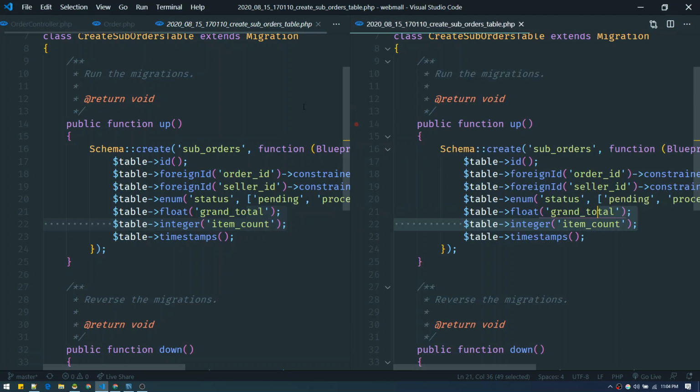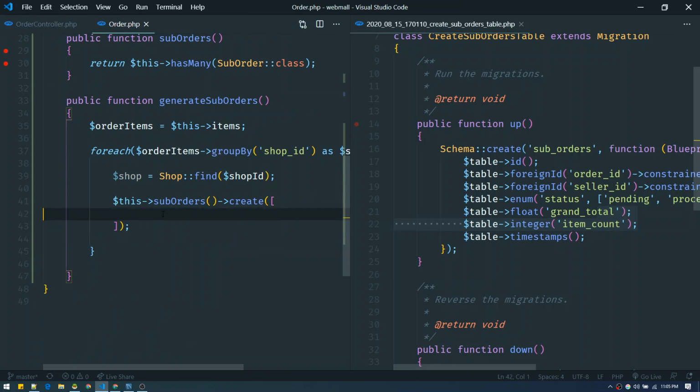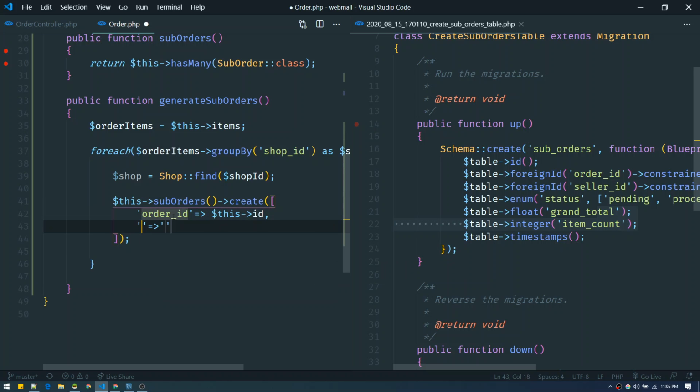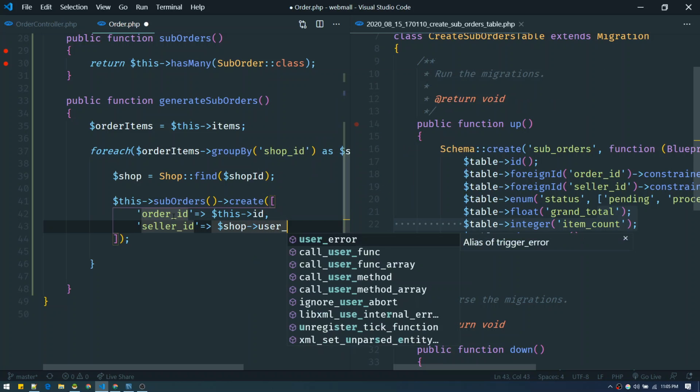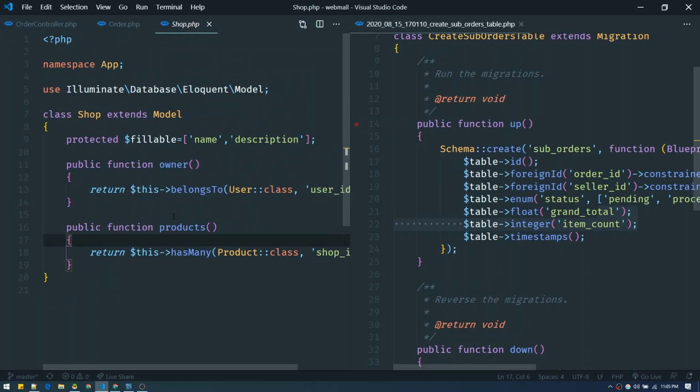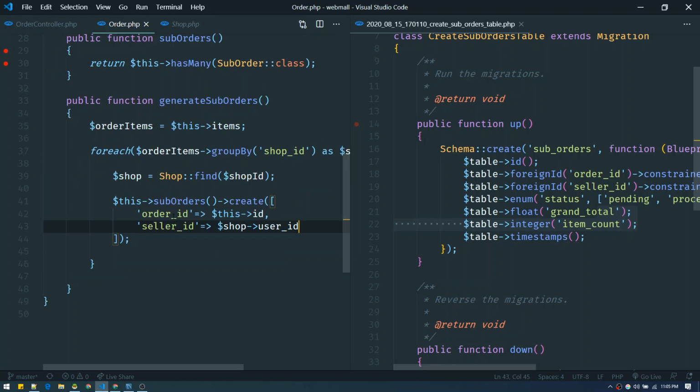Let's open this side by side so it will be easy for us. Okay, so create, first thing first, order id. Order id will be this id. Similarly, seller id will be shop user id. So in shop we have user id, which will correspond to the owner of the shop,